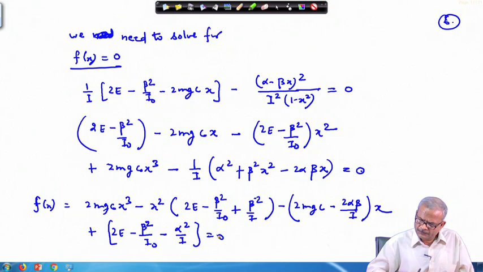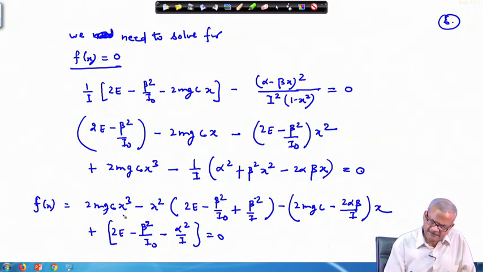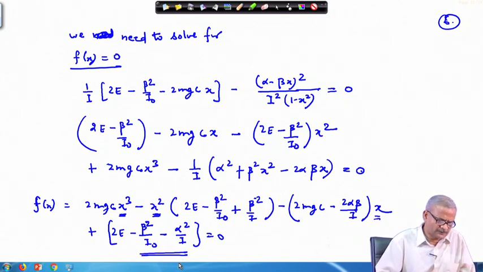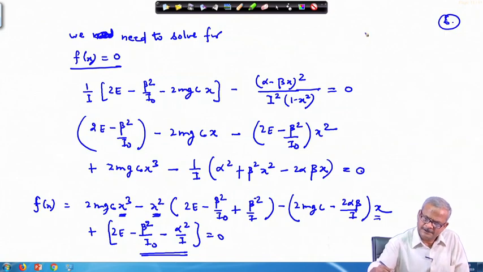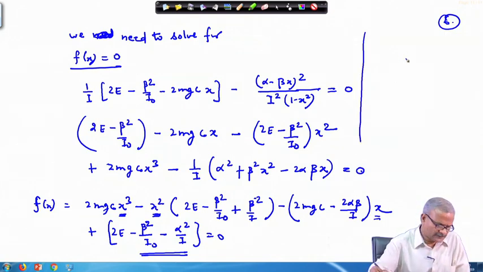Okay. So, with this you can see that this equation is of third degree. Okay. This is a third order polynomial. This is x cube, x square, this is x and this is a constant. So, it is a third order polynomial. Okay. And once you try to solve this,